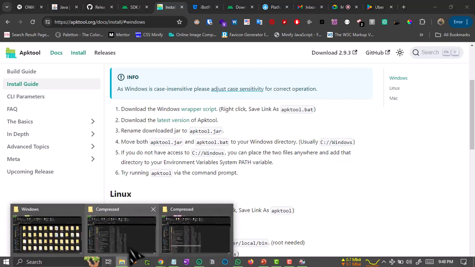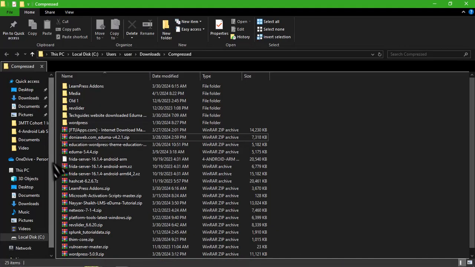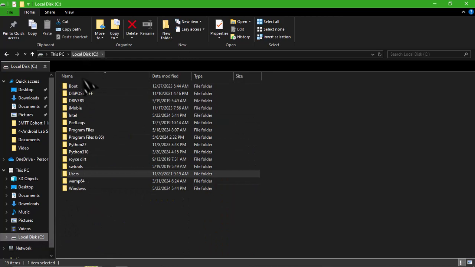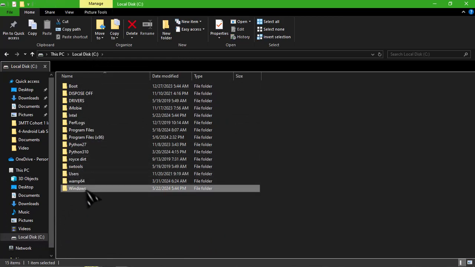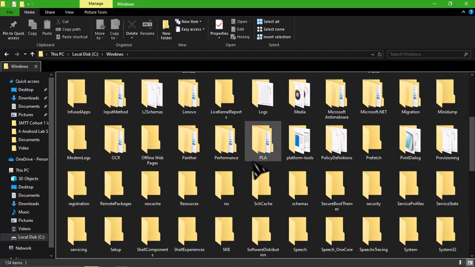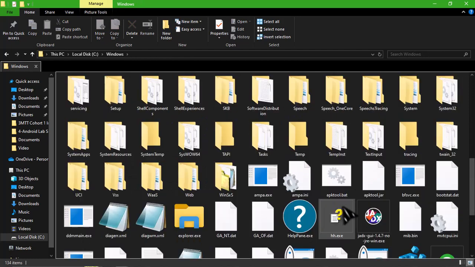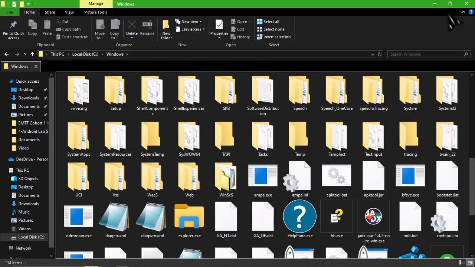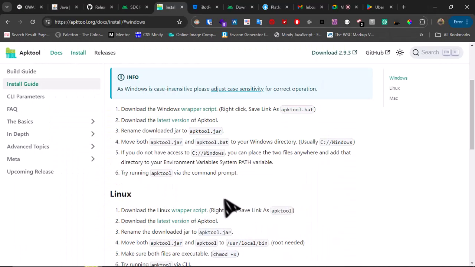See what it means. If you have downloaded this and renamed it to apk2.bat, and downloaded this and renamed it to apk2.jar, as I have said, move both to the Windows folder. This one I've showed you before. You come to your local disk C and go to the Windows folder and place it. So I think mine should be here, apk2.jar. You see it here, so you place both of them here. Once you have done that,